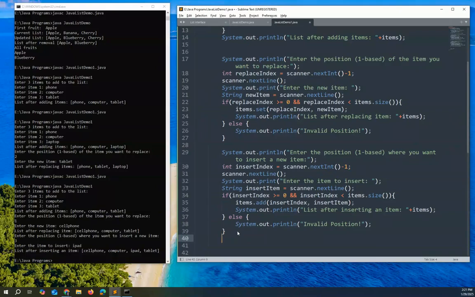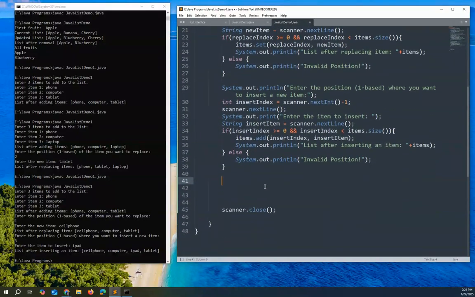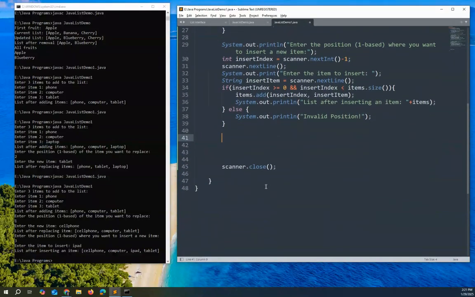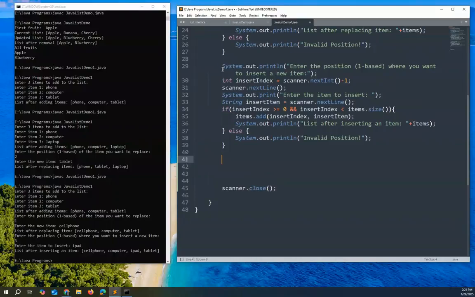Let's try to create a code that will remove an element from your list. Okay, so again, we'll be using this one copy,